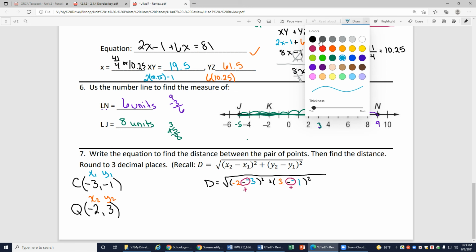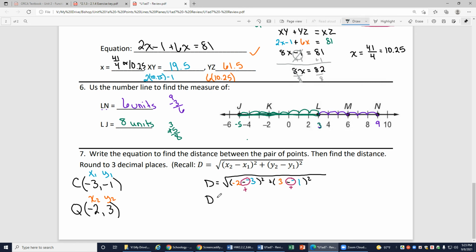Okay, so now my next step is I'm still going to write the D. I'm still going to write the equals. I'm still going to write the big old square root symbol because I don't want to forget it at the end. All right, so now I'm going to have negative 2 plus 3, that's 1 squared, plus negative 3 plus 1, that is 4 squared. Okay, so then D equals the square root of 1 times 1 is 1. 4 times 4 is 16. So D equals the square root of